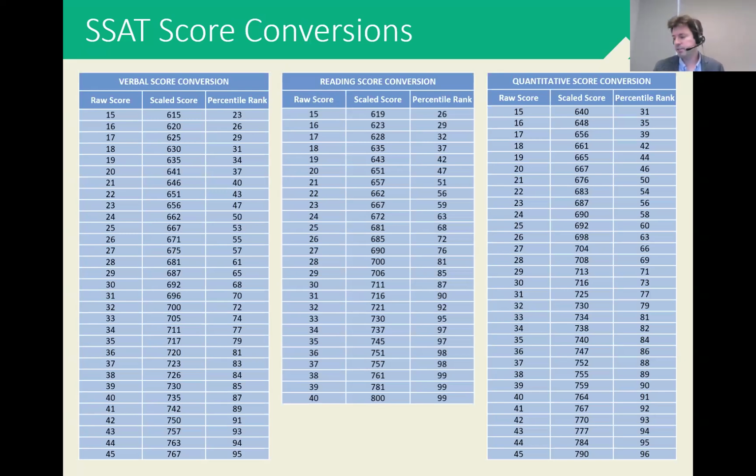Now we're thinking to ourselves, all right, Drew, so 40 out of 60, right? That's two-thirds, that's 67%. Like that's a D plus. But if we look at the conversion scale on that verbal, that 40 out of 60 ends up putting that student probably somewhere in like the 85th to 87th percentile there, which is a really strong, rock solid score on that verbal. So it is important for students to realize that they do not need to answer every single question correctly in order to be able to do well on this test.